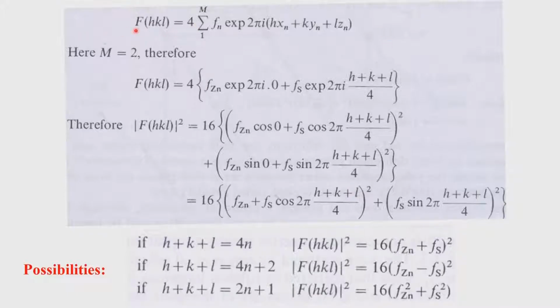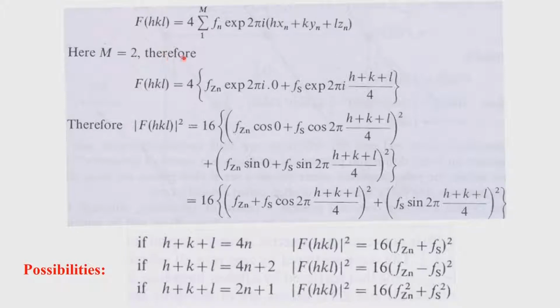Now, how many atoms are there in the unit cell? That is the summation 1 to n. Total number of atoms is 1 to n. Now, the number of atoms here are only 2. There are 2 atoms we associated with the structure. Mark my words, the unit cell has Z equals 4. So, there are 4 zinc atoms and 4 sulfur atoms associated with the unit cell, but with the structure there is 1 zinc and 1 sulfur. So, the summation has to be done over 2 of them, 1 for zinc and 1 for sulfur.